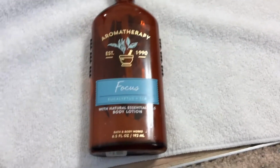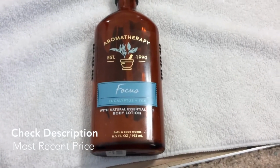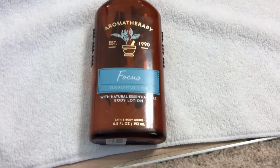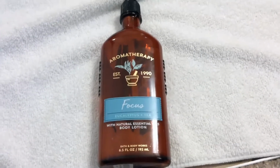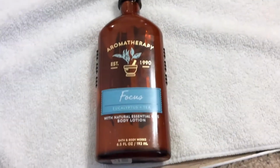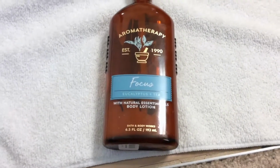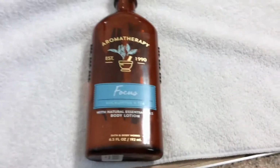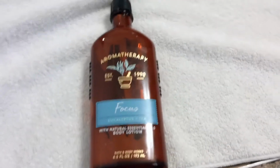So when I ran into this, I was like, okay, I'm always looking for things to possibly improve my focus. I'm not going to say my focus is bad, but I tend to get distracted. I'm not gonna lie. So I'm looking for natural, good things that are better for you instead of taking things that I don't know what the heck they are. You can't go wrong sniffing eucalyptus oil or lavender oil, rosemary oil. You know what that stuff is. It only has one ingredient in it. But anyway,